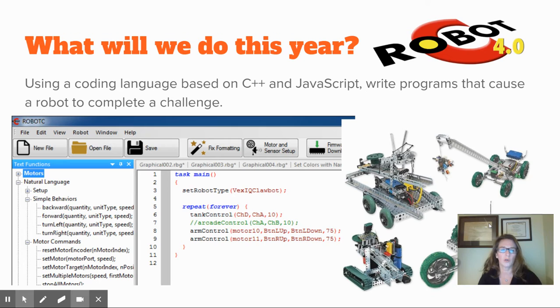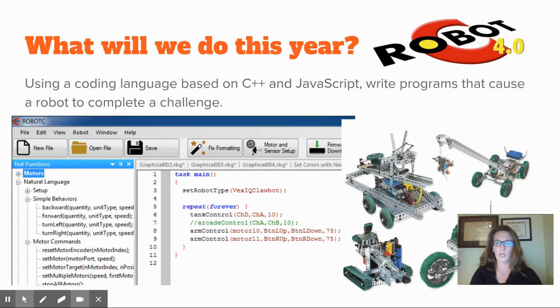They're also going to learn text-based coding in a program called Robotics. It's sort of like if JavaScript and C++ had a baby. We have another system that we use for the robotics team that we use C++ for. So it's a slightly different system, but this is a really nice drag and drop way of introducing students to text-based coding, which is a step forward from the block-based coding that we teach in 6th grade engineering classes here